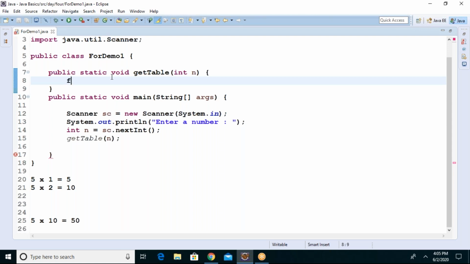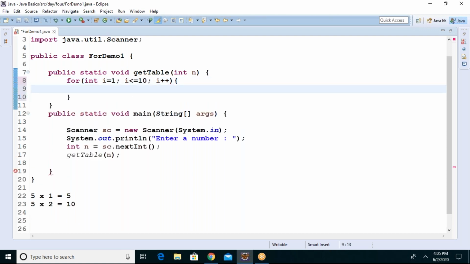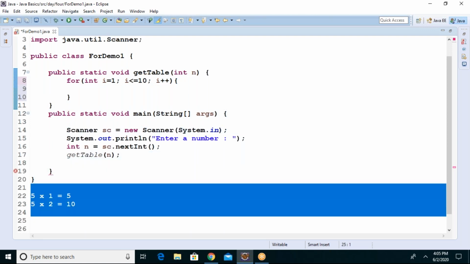Yes. Okay, I write the for loop. We need to iterate from 1 to 10, right? You said 10. i less than or equal to 10, i plus plus. Very good. Then how do you return all of it?